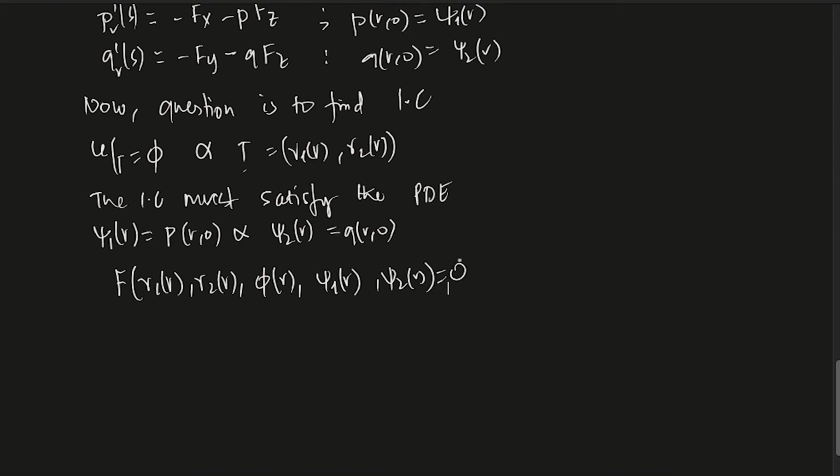Yes, this is true, because the initial conditions have to satisfy the original problem. I don't know what P at the point R0 and Q are, so let us assume that is psi 1 and psi 2, and then that has to satisfy this equation. So this is one condition. How do I find psi 1 and psi 2? This is just one relation, and we have two unknowns, psi 1 and psi 2. So we need another relation also. Let me write it as 5, 6. That's the sixth thing.